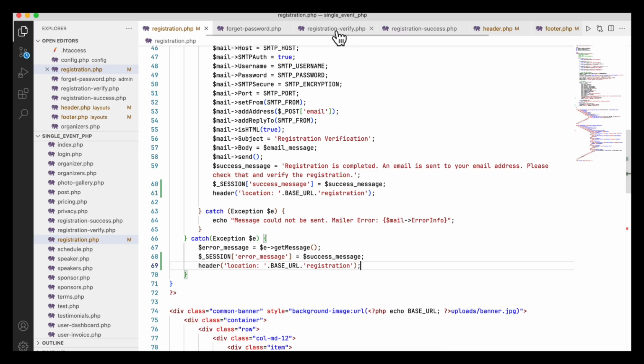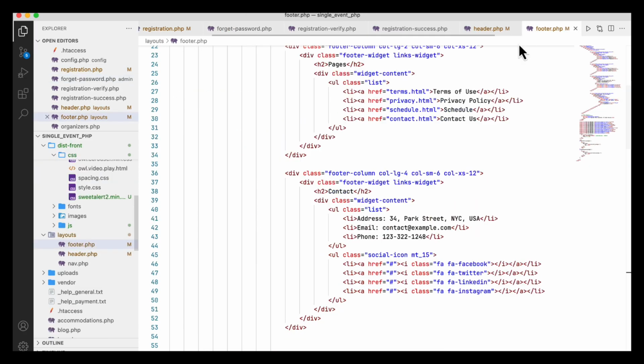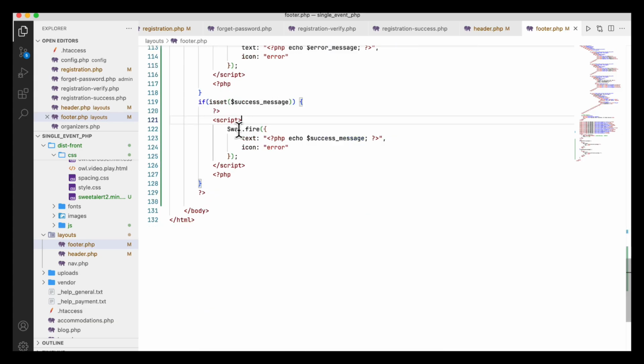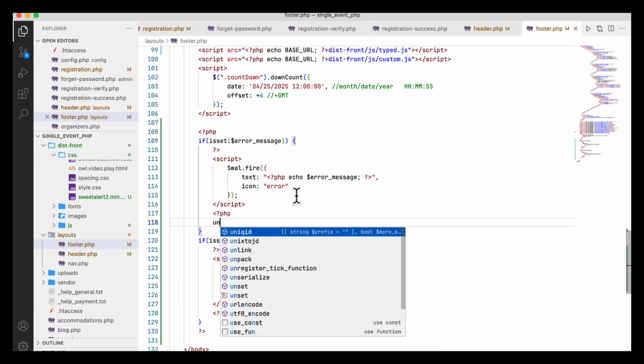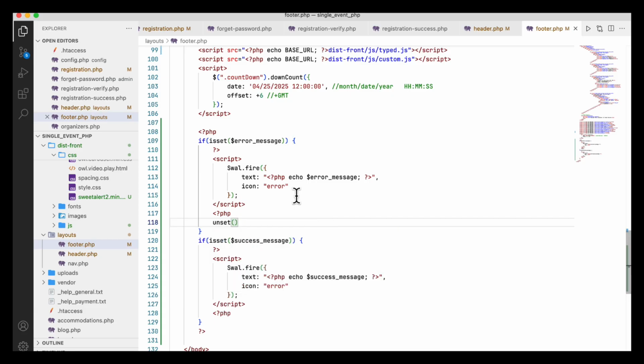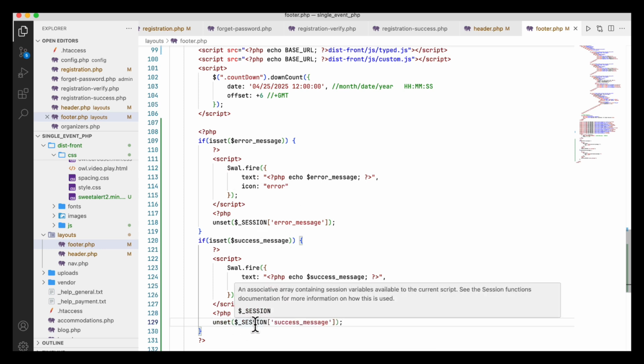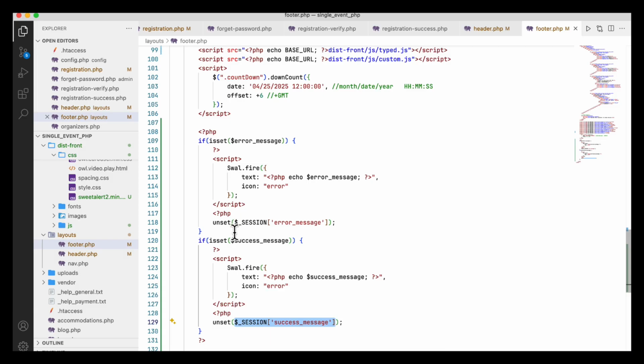In the footer, when the task is completed and the error message has been shown, then I will unset the session. So unset the session, that is the error message. Similarly here I will unset the session for the success message, and here the data is set into